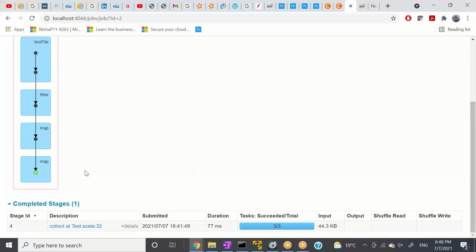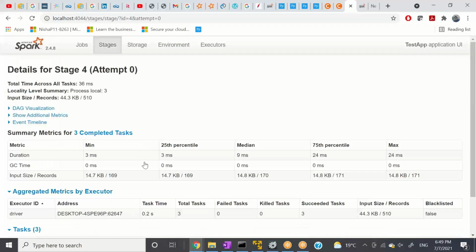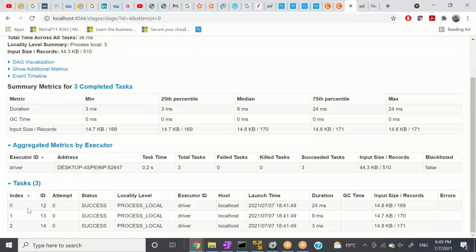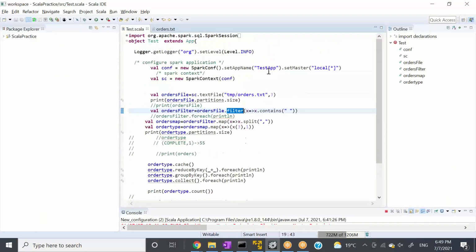Now coming to the number of tasks. You can see here tasks 0, 1 to 3. Now why are we seeing 3 tasks? The answer is very simple. How many partitions have I created here? 3. So let's do one more thing. Let's create 8 partitions.